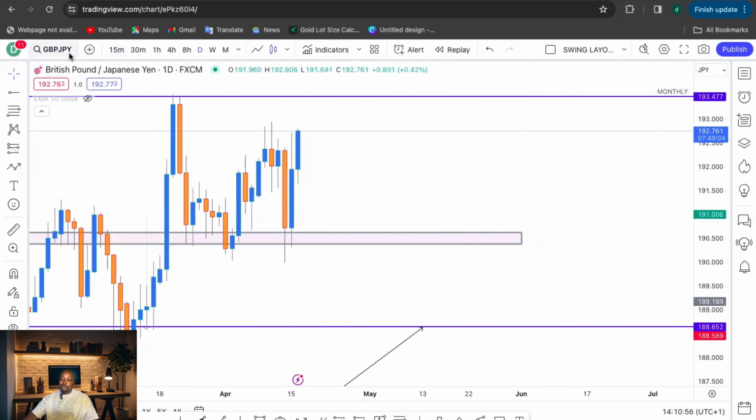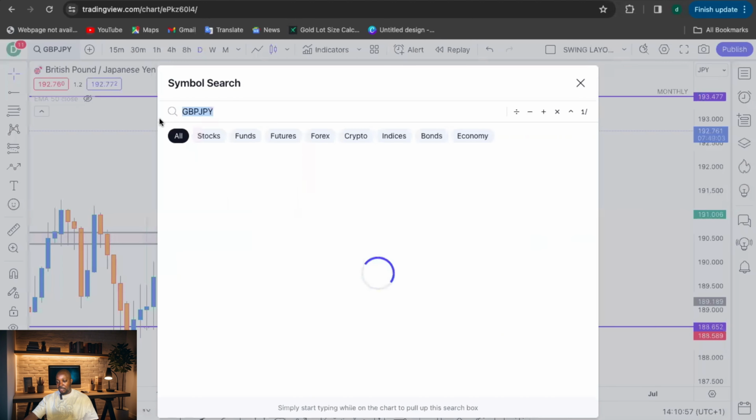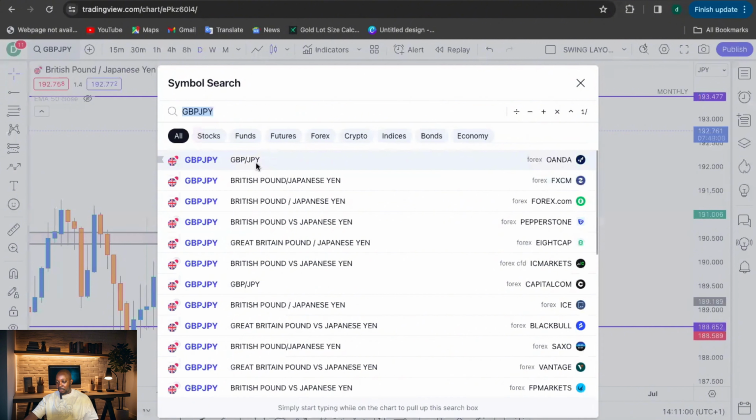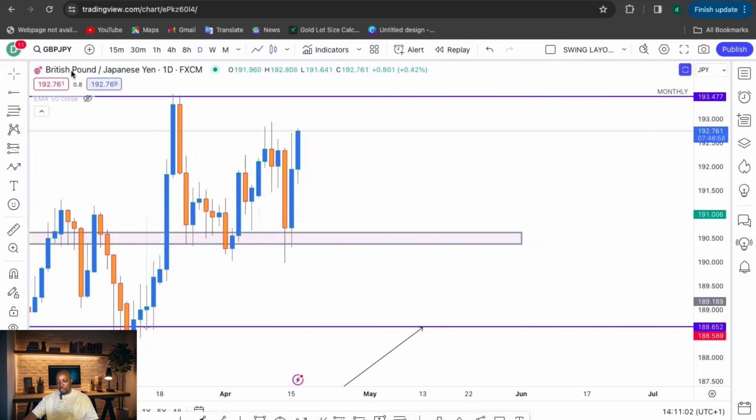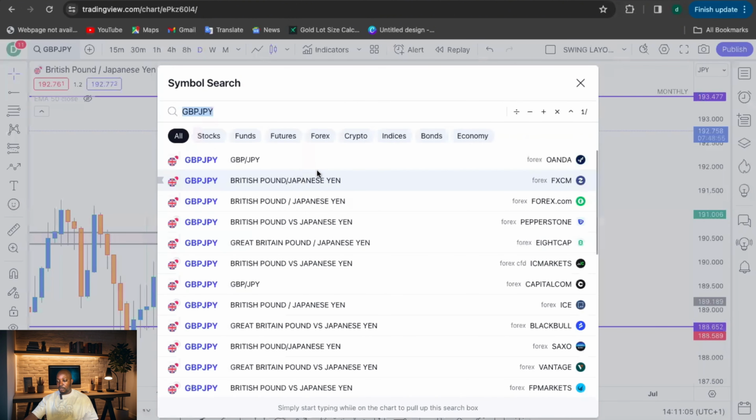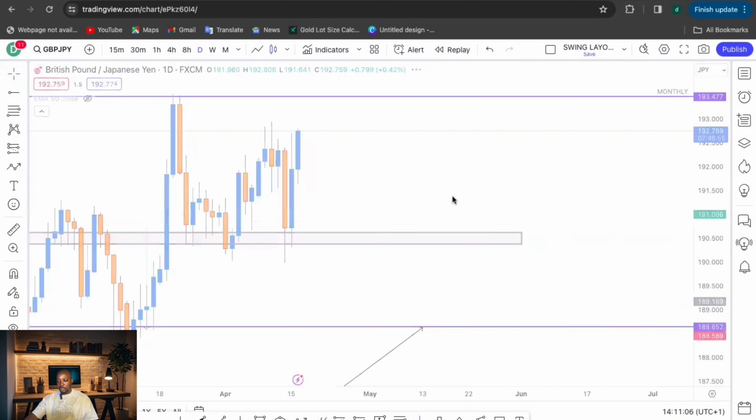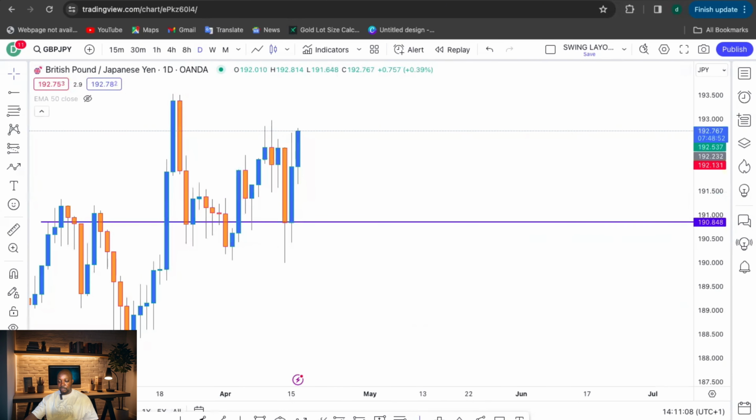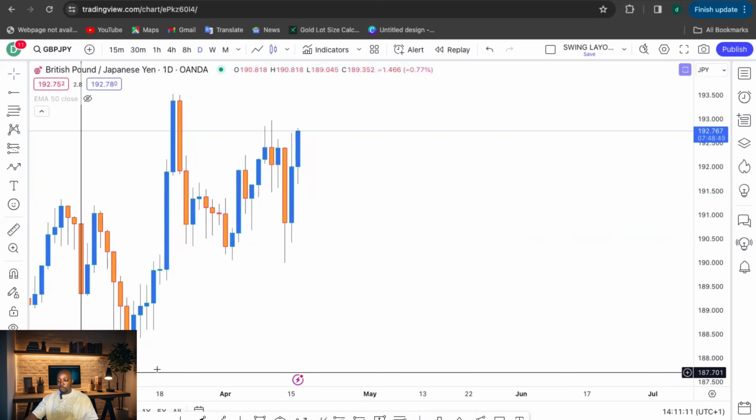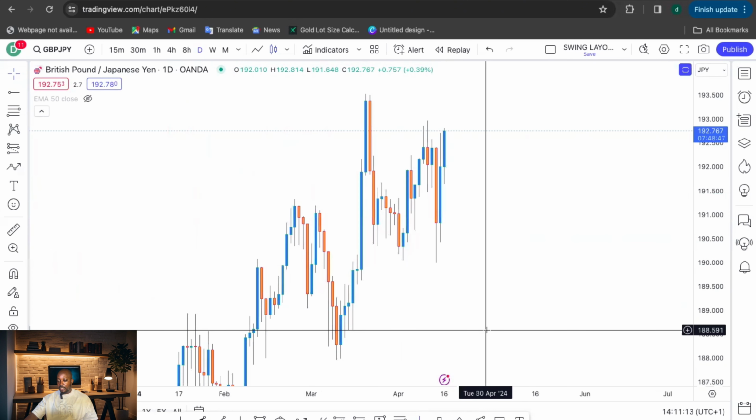First, let me go to a clear screen where I do not have any markups. Very good. Remove all drawings. Okay. Now,